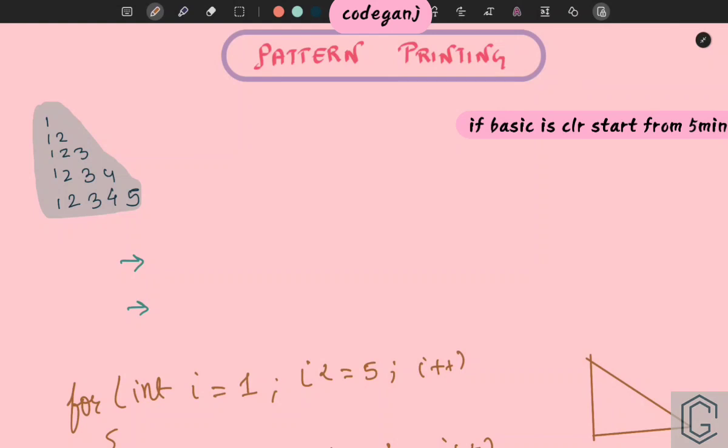And I always suggest, because I have already told a lot of times, that there are 6 different types of programs that will come in your ICSE board. In these 6 types of programs you have to attempt 4. And pattern printing, I have always told that you have to keep it as an optional one. Do not go to the exam preferring the pattern printing program.